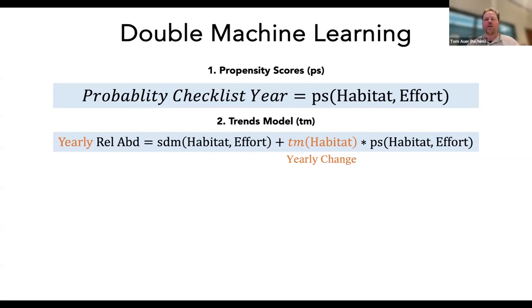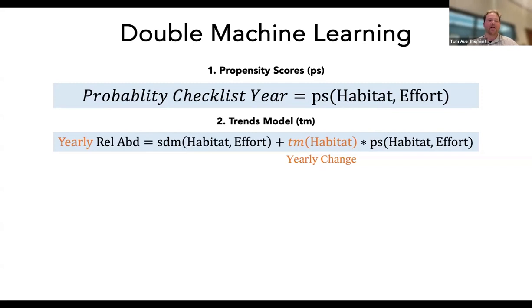And the one other thing I'd just like to point out here is that two other things I'd like to point out. One is that the variables that go into the trends model itself are going to differ a little bit. We really only want to put features into that trends model that are capturing changes over time in what's happening with the birds. So land cover, for example, or things like that.